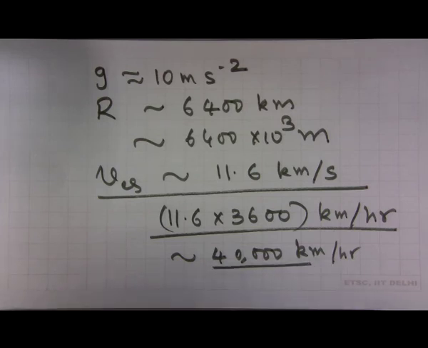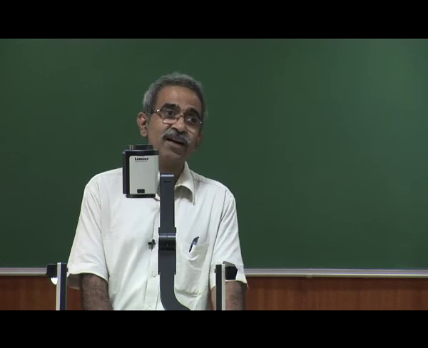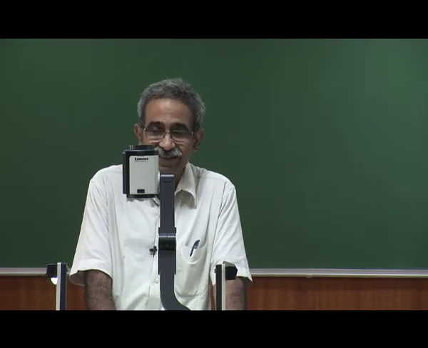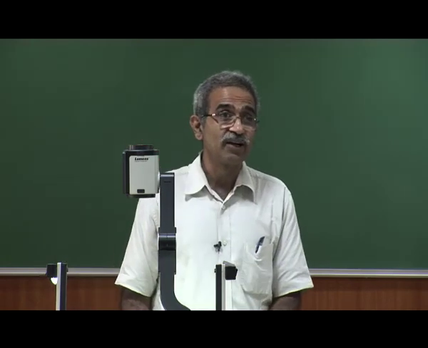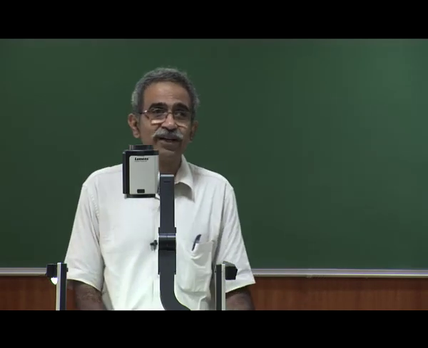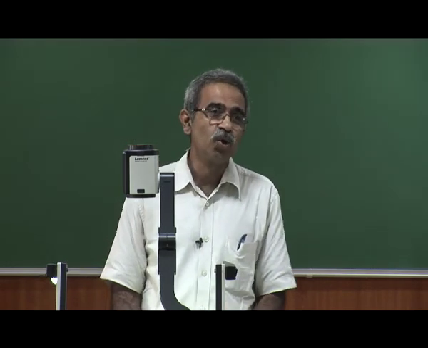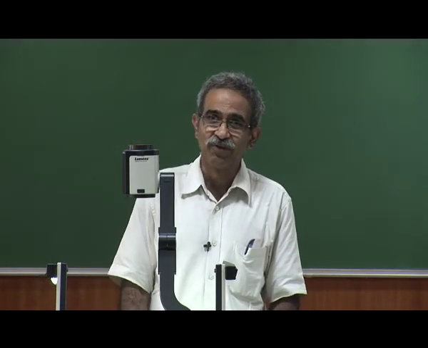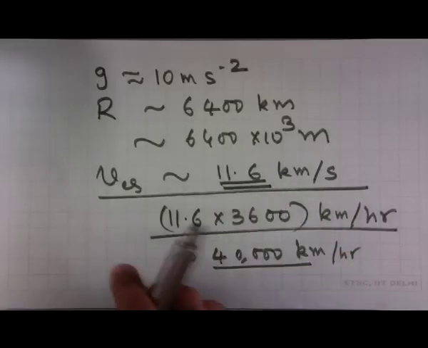Whereas the fastest of the usual airplanes that we take move with a speed of about 700 or 800 kilometers per hour. That is the kind of speeds that they have. There are planes which move with a speed up to 7 Mach. The speed of sound in air is about 300 meters per second, so it goes with a speed of 300 into 7, let us say 2100 meters per second. That is only 2 or 2.3 kilometers per second. These very, very fast planes which create shock waves and all that, even that is very short compared to this 11.6 kilometers per second.